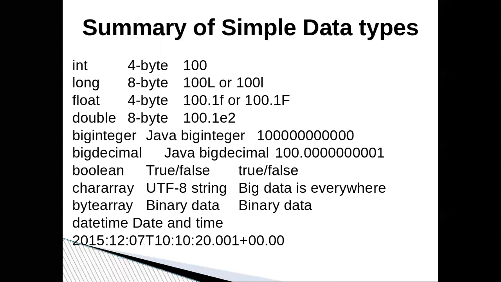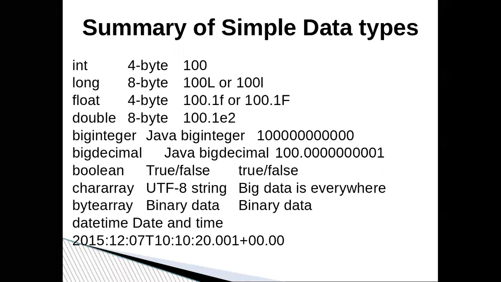Byte array is the default data type in Pig. That is, if you don't specify any data type with your Pig data, it would be assumed to be of type byte array. And byte array is your blob type of data. Blob, B-L-O-B, binary large object. It's binary data, byte array by default.